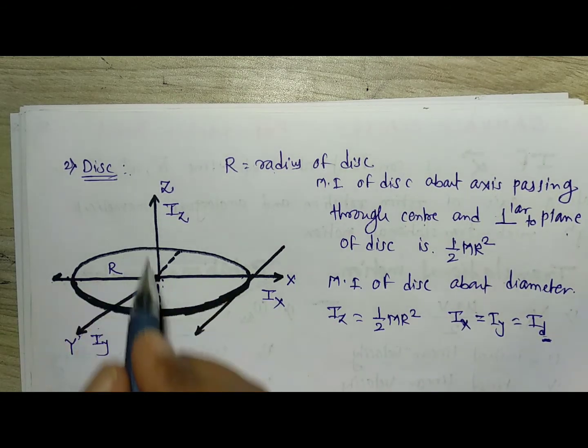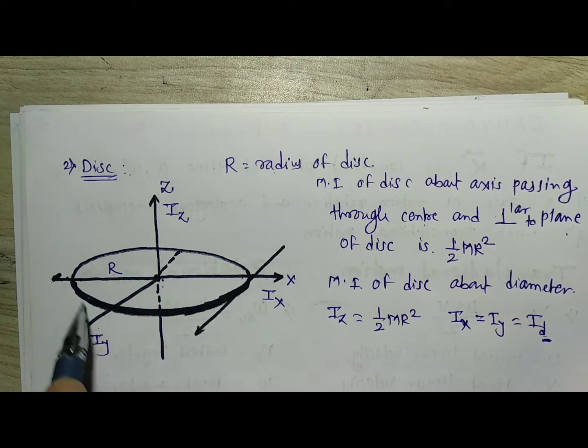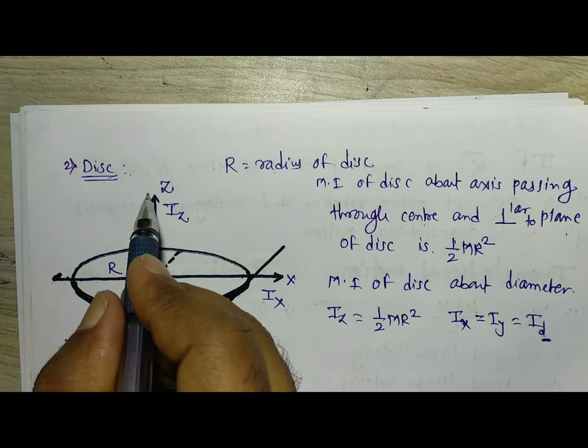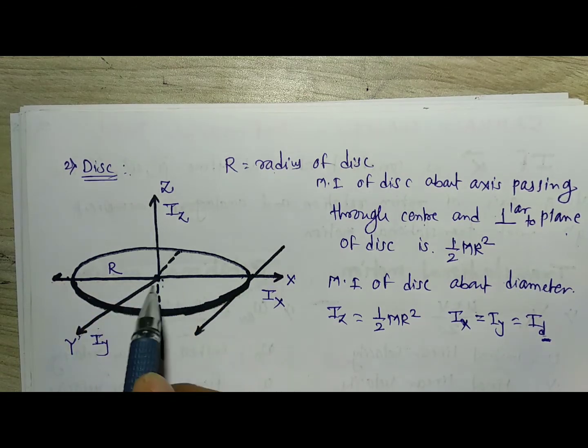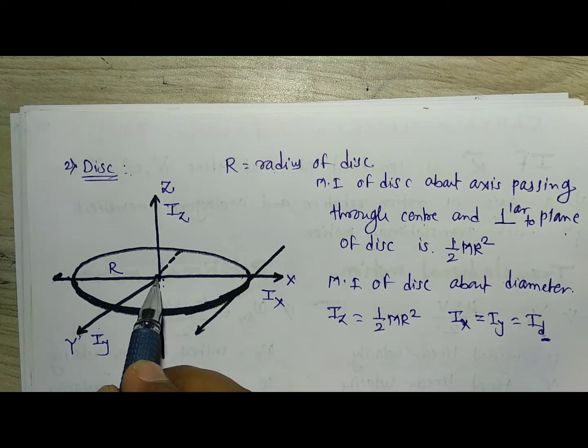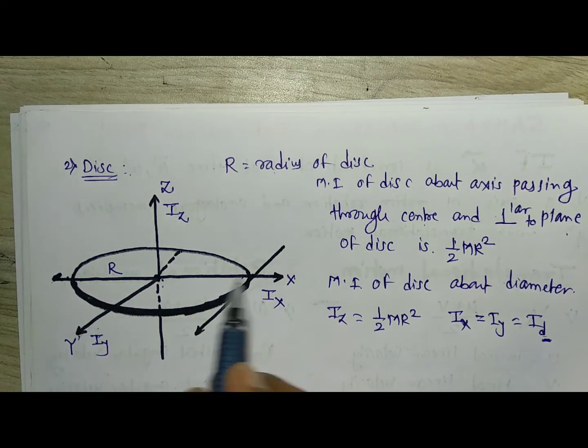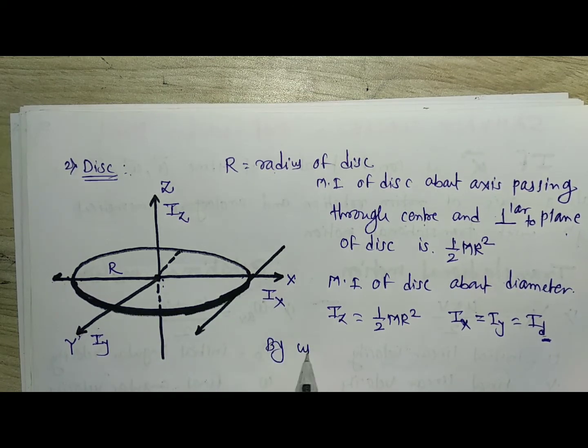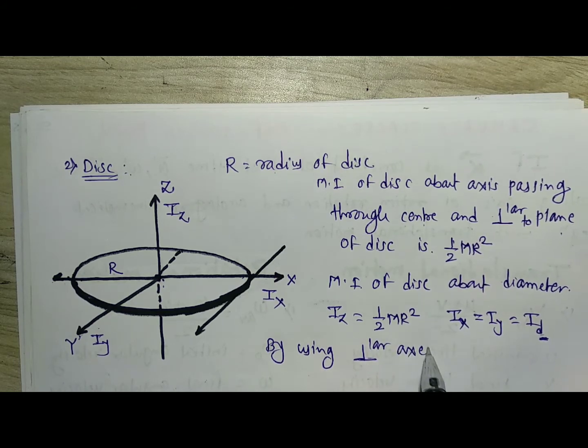And we know that this is a plane lamina, which is nothing but a two-dimensional object. The x-axis, y-axis and z-axis are concurrent, passing through the same point, so you get three mutually perpendicular axes, and therefore by using the perpendicular axis theorem,